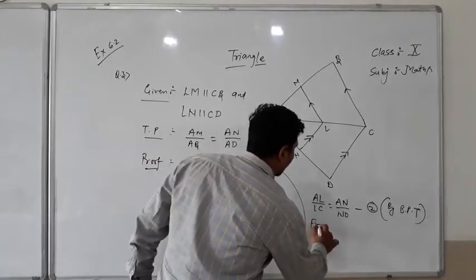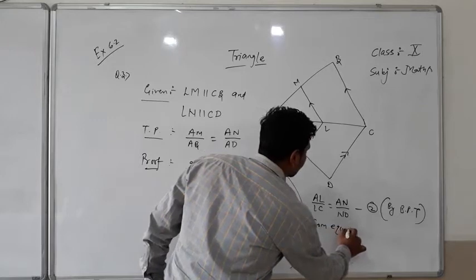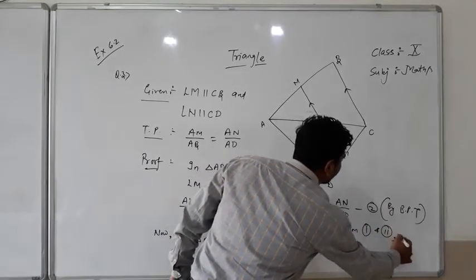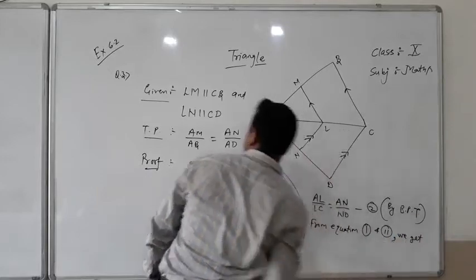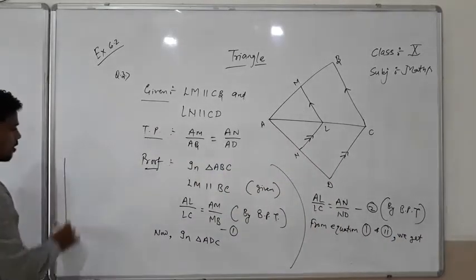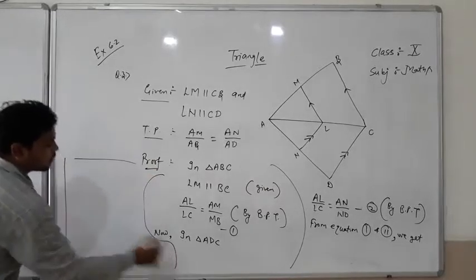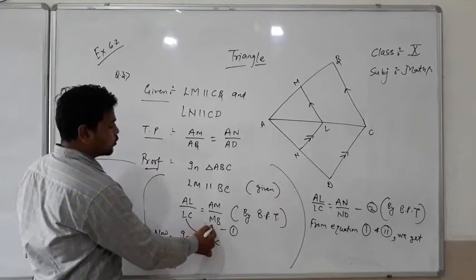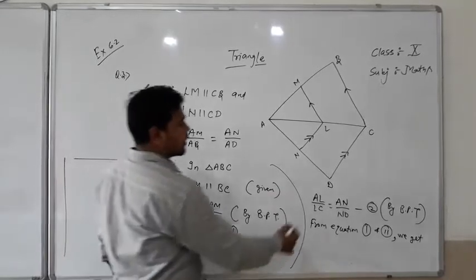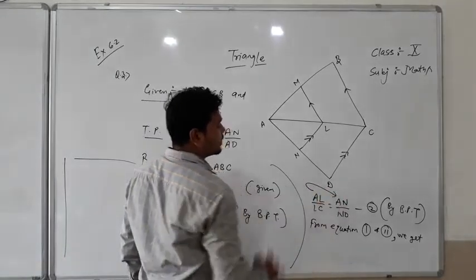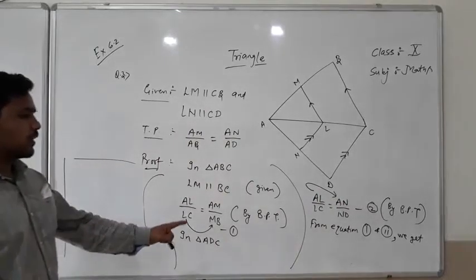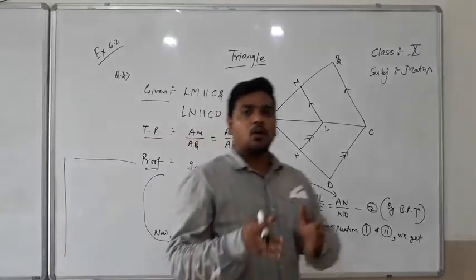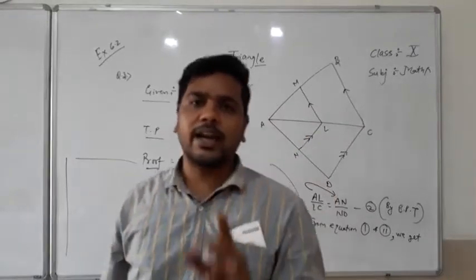So from equations 1 and 2 we get: we know very well that AL upon LC is equal to AM upon MB, and we see that AL upon LC is equal to AN upon ND. So both the things are equal. So we can write, on equating equations 1 and 2,